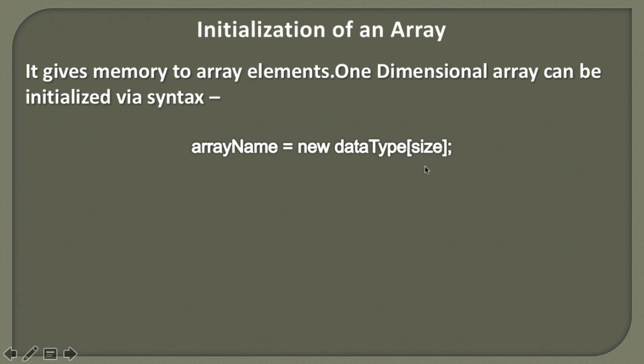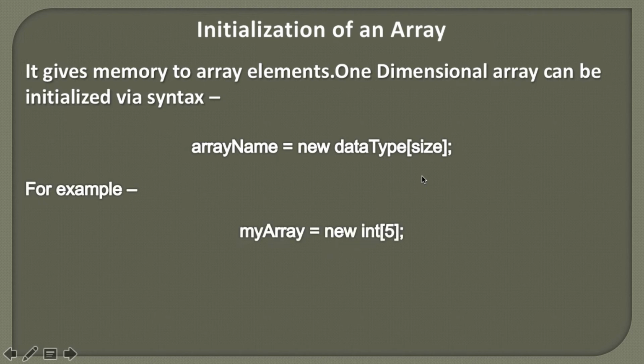We also discussed that when we create an array, we need to provide a size, because once the array is initialized, we cannot modify the size. So by this statement we are telling it to provide us an array of this particular data type whose size is whatever value you have provided here. Once this line gets executed, we are provided with an array of fixed size and certain memory associated with this data type, so that now we can use this array and store our data elements.